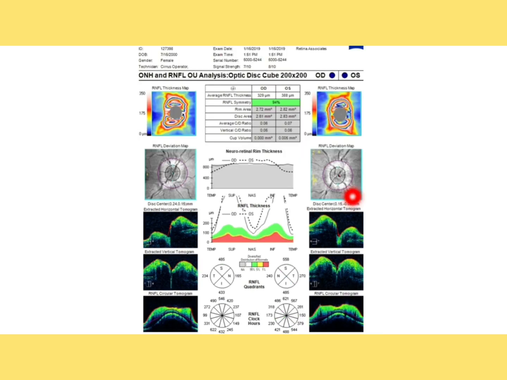Now this is a more severe papilloedema case where OCT RNFL was performed, where you can see the signal strength is 8 by 10, so it's quite reliable. Here you can see severe disc swelling around the disc. In the TSNIT map also you can see the continuous line indicating the right eye and the dotted line indicating the left eye. These lines are elevated very much, indicating that there is very severe edema, a severe swelling in the optic disc area. Okay,